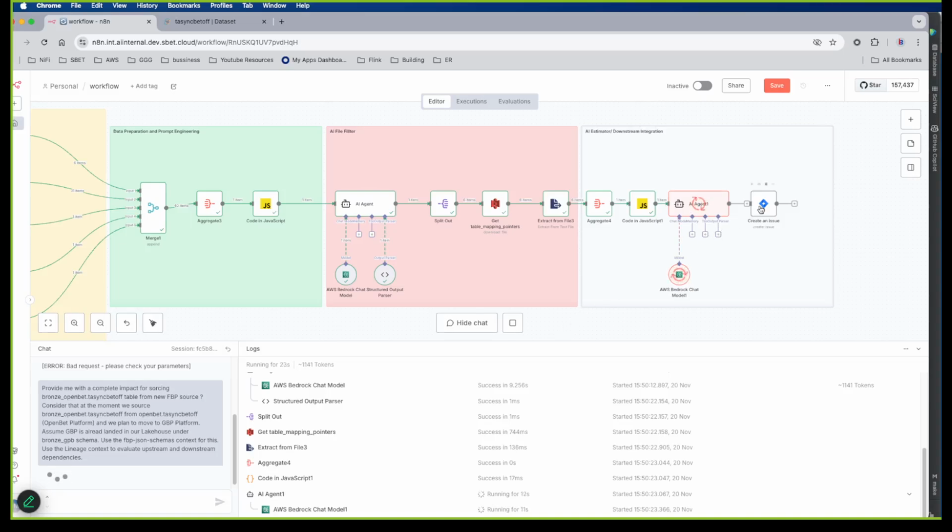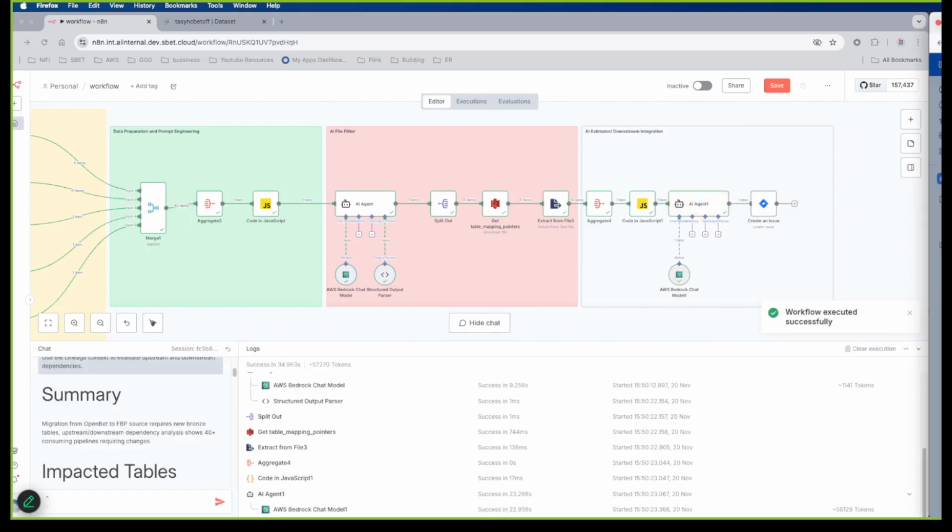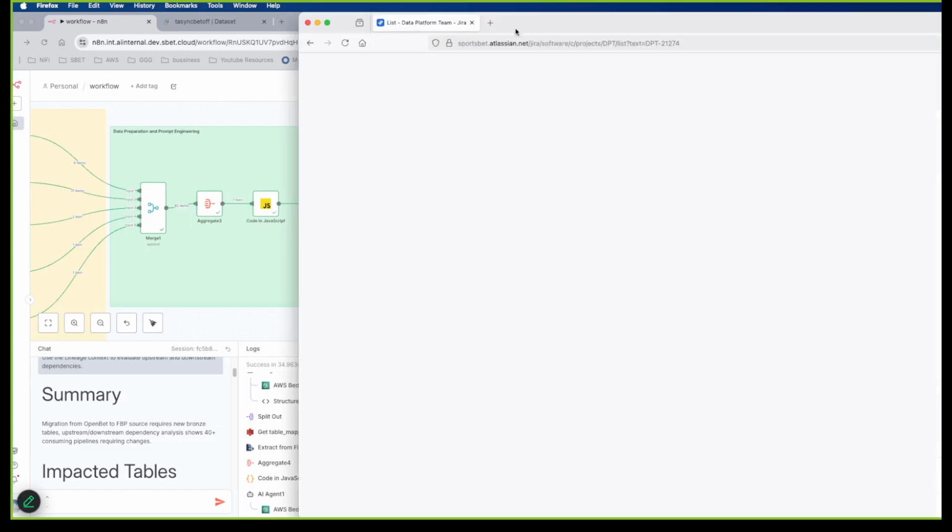At the end of it, we also have attached to it an integration with Jira, where it will create a Jira card, and then in the future we hope to have it assigned to some particular individual or some team. If we go into Jira, we can see that